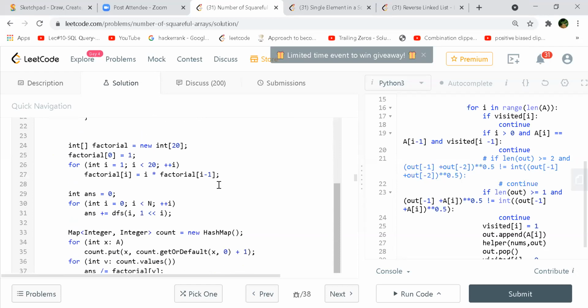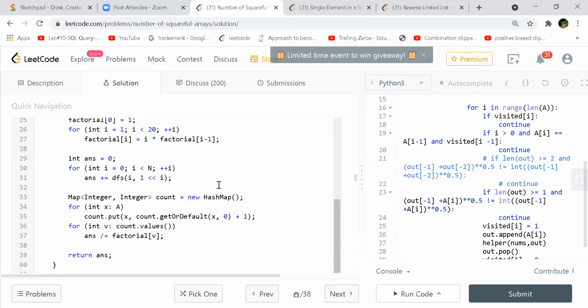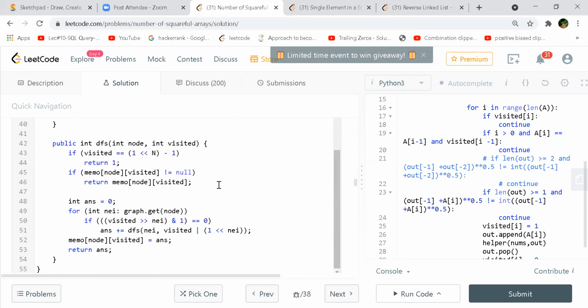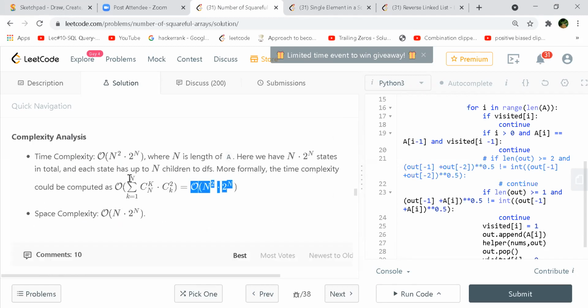It's n square into 2 raised to n, right? So he's saying in total, and each state has up to n children to DFS. Okay, so now it's clear why it's n times 2 raised to n, but why n square we don't know yet. This value again from 1 to n.